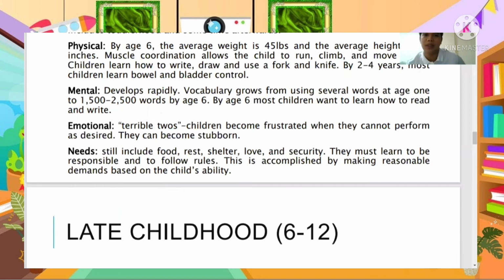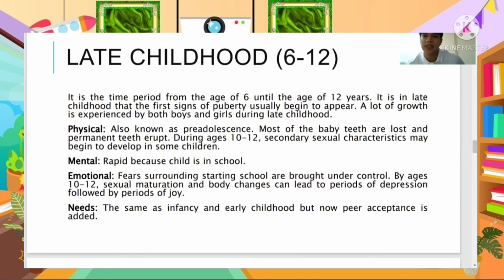Okay, next is late childhood. Late childhood, age 6 to 12, is the time period from the age of 6 until the age of 12 years. And a lot of growth is experienced by both boys and girls during late childhood. And the physical stage is also known as pre-adolescence, and most of the baby teeth are lost and permanent teeth erupt. And during the age of 10 to 12, secondary sexual characteristics may begin to develop in some children, and mental